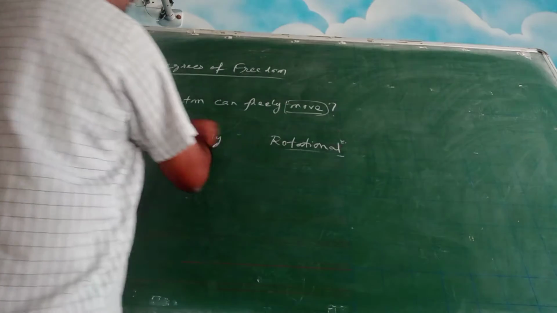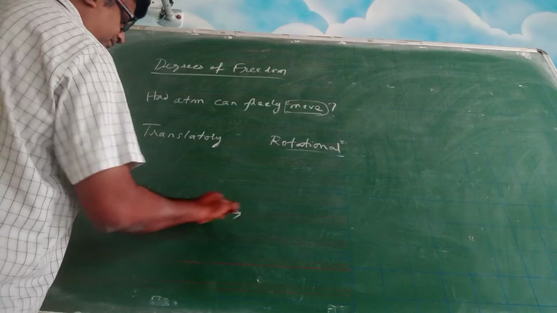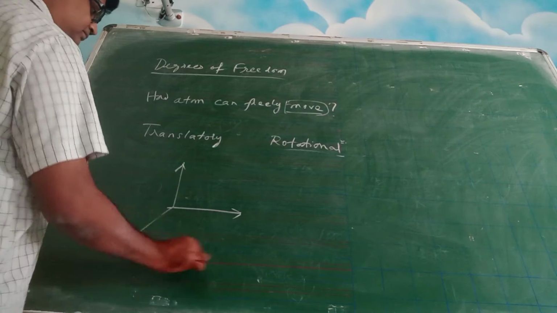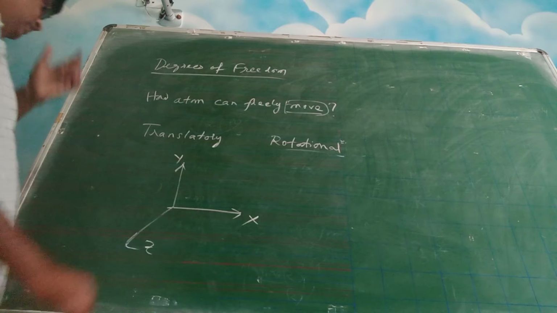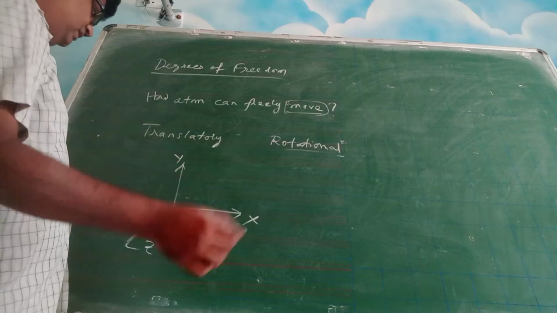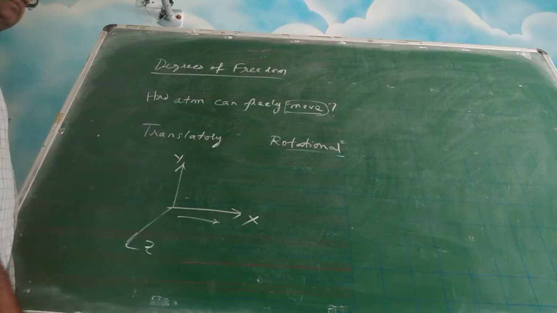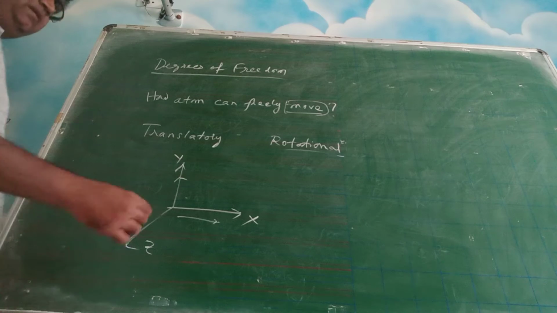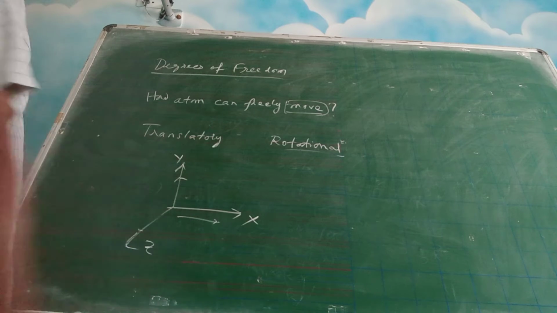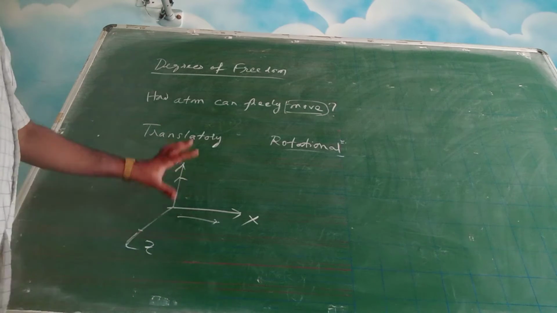You have done these chapters, translatory motion, rotational motion. Now you are getting some idea what is rotational motion, what is translatory motion. So you have basically three axes, right? X, Y and Z, right? So suppose an object is there or a body is there, it can literally move in a straight line in X direction, okay, and it can move in the Y direction also, given a chance, and it can move in Z direction also, given an opportunity. So in translatory we can say that it has 3 degrees of freedom.